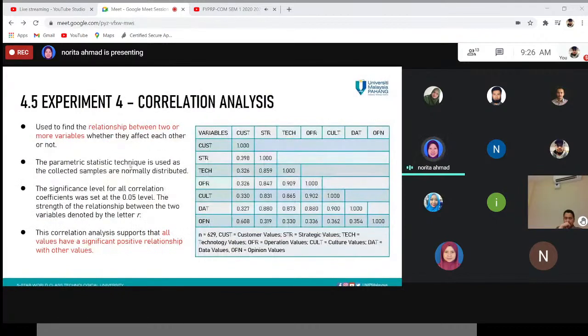analysis. So this correlation analysis is to find the relationship between the variables, whether they affect each other or not. The significance level was set to 0.05, and the correlation value is denoted by the letter R. So from this correlation table analysis, all the items have high